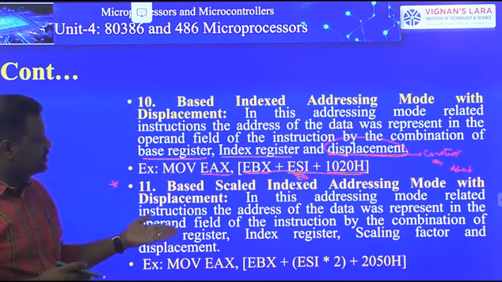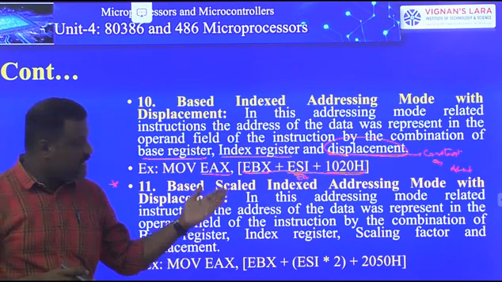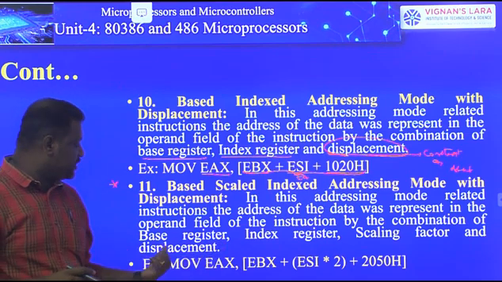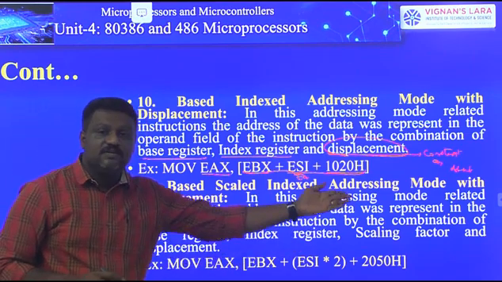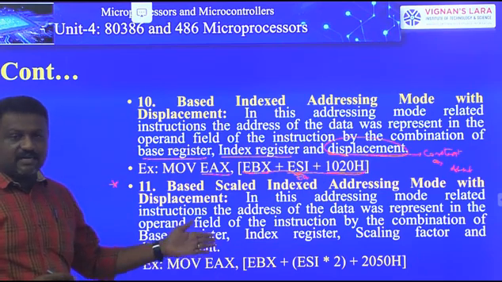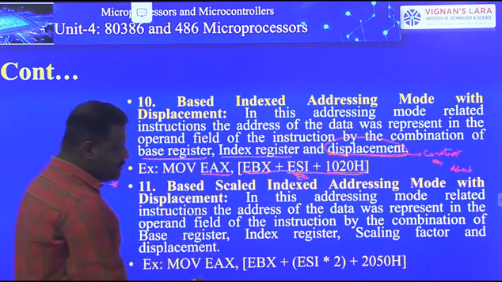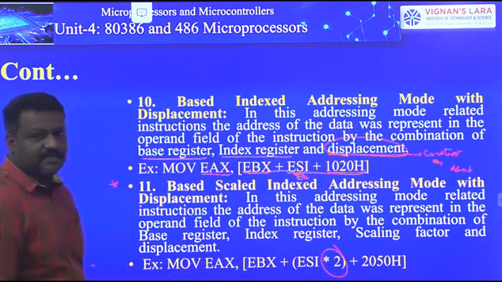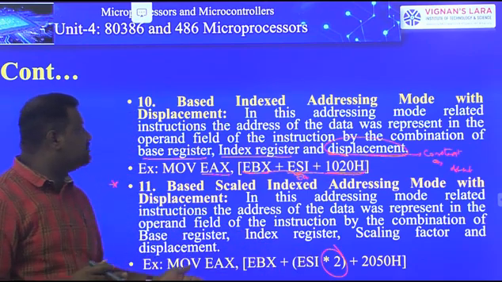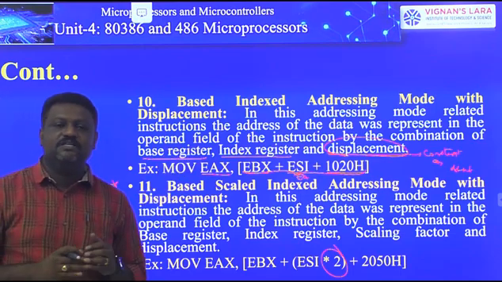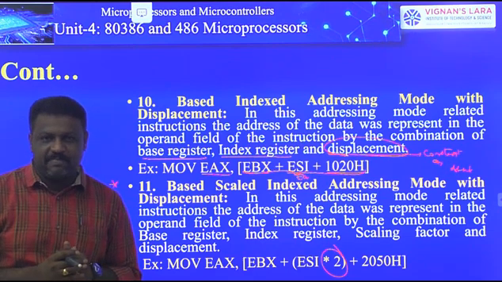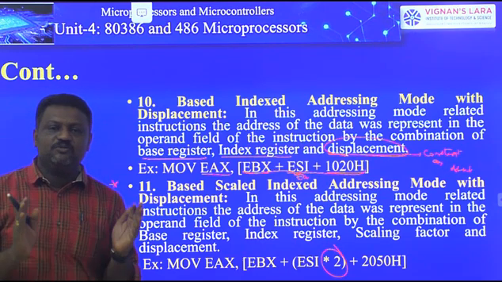So that's what I mentioned here. In this addressing mode, in the related instructions, the address of a data is represented in the operand field of the instruction by the combination of base register, index register, scaling factor and then displacement. See here the example, then we have a clear idea of the difference between this and the previous one. In the previous one it does not exist, but now it exists because this 2 is a scaling factor. So apart from that, everything is the same as the previous addressing mode. These are the 11 different addressing modes which are supported by 80386. I hope everyone understands the addressing modes concept of